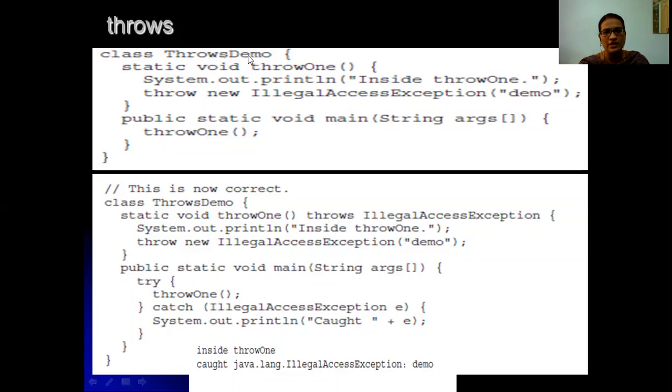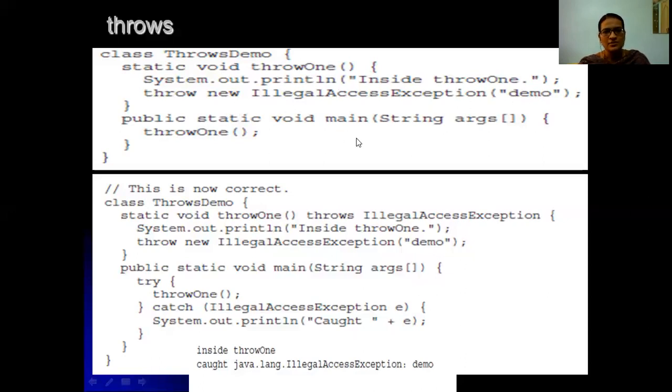Class ThrowsDemo, here it's just an example. Static void throwOne, some method. Within that method we have System.out.println. Inside throwOne we are throwing an IllegalAccessException. This is also one of the checked exceptions. For that IllegalAccessException we have given a name, demo, within a string, right?